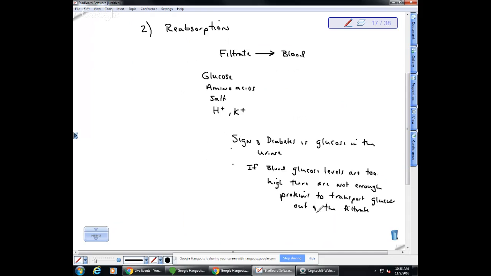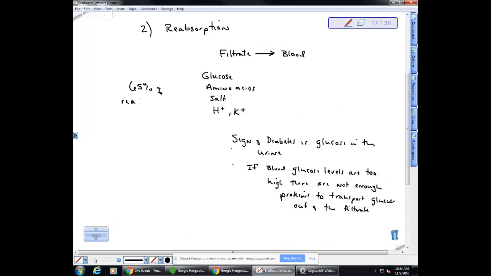So if you have high blood glucose, it gets into the kidneys and your kidneys are like, well, we need to get that glucose back into the body, right? Because we need glucose, we need to conserve glucose. But in order to do that, you have to have proteins that are channels that allow the glucose to get back into the blood. And if you have such high blood glucose levels that you don't have enough proteins, then you're going to end up having glucose in your urine. And so that's one of the tests for diabetes, is to test to see if there's glucose in the urine. Okay. Most of the reabsorption, like 65% of the reabsorption,